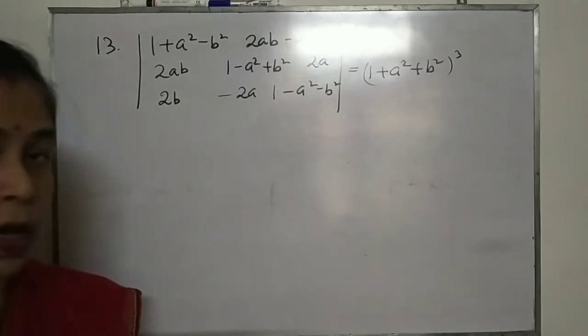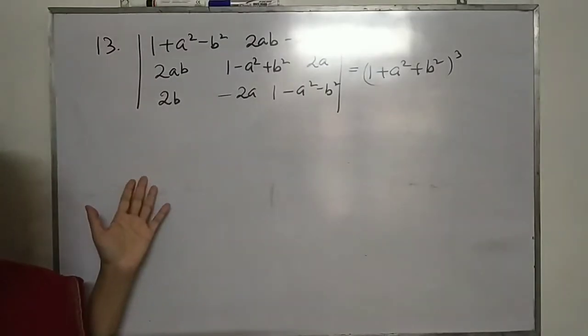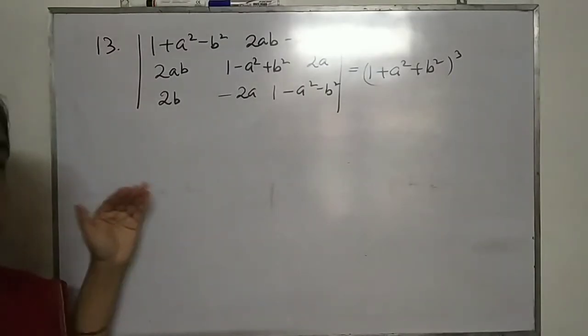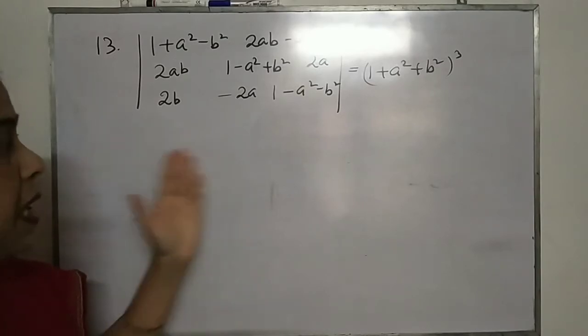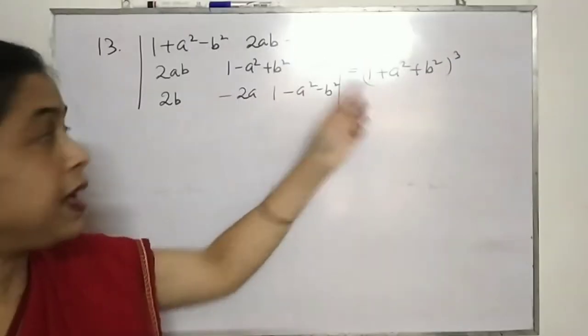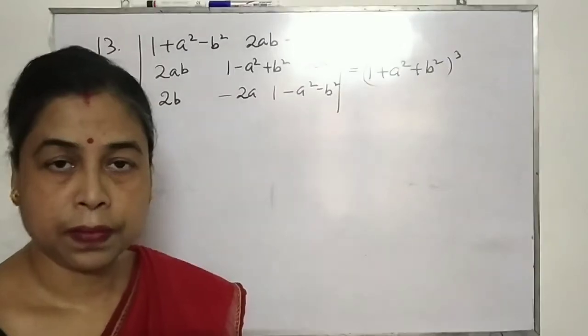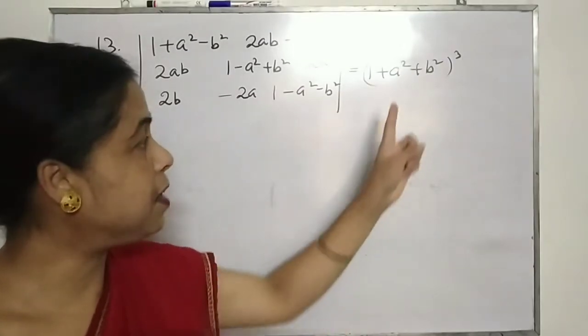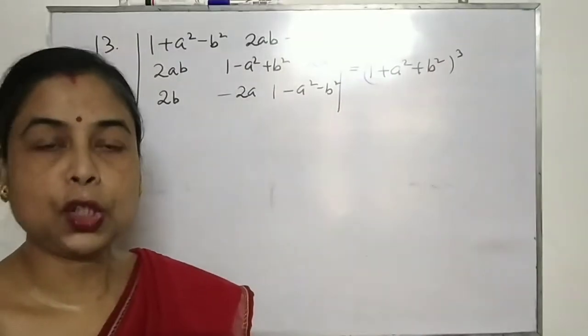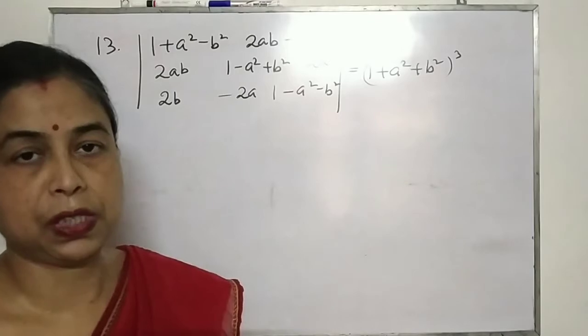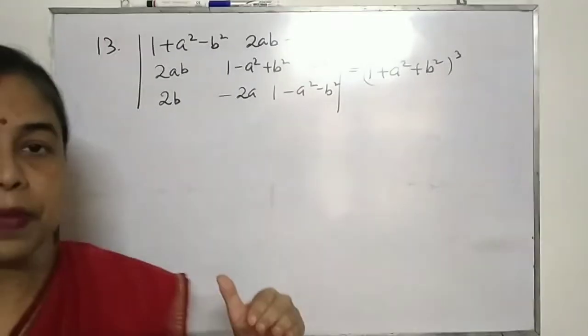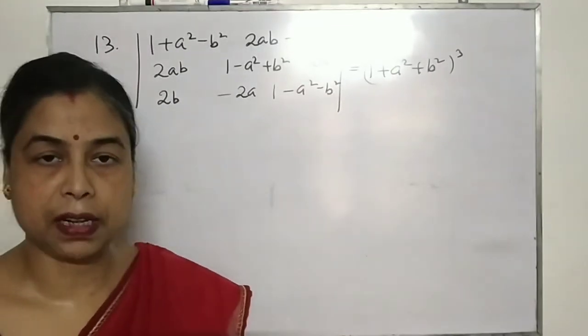Now, obviously we will proceed from the left side. First we will consider our left side and see your answer. We cannot get 0 from here. Directly it is not possible for us to make 0. Okay, so what I'll do, I'll try to get this expression, 1 plus a square plus b square. It's just one of the elements present in the determinant.